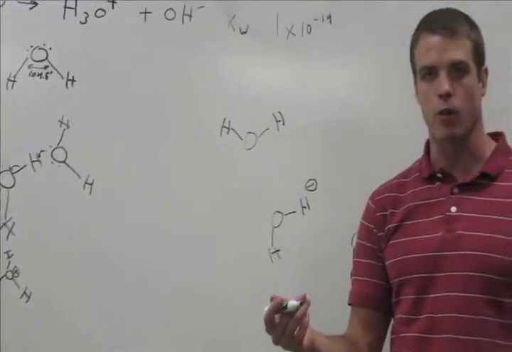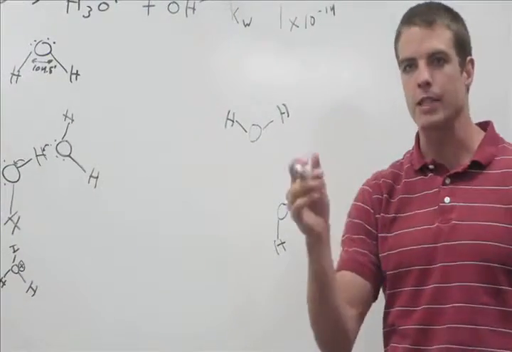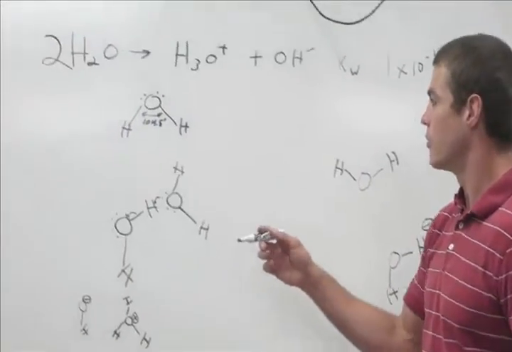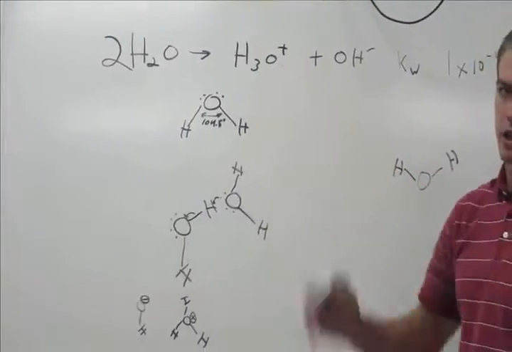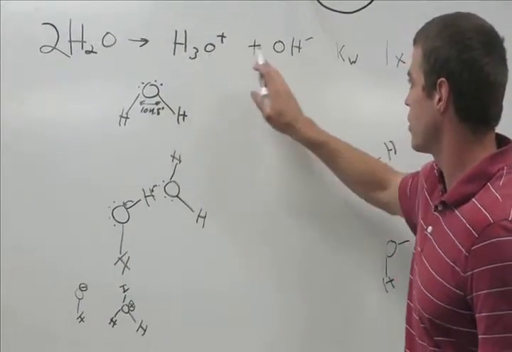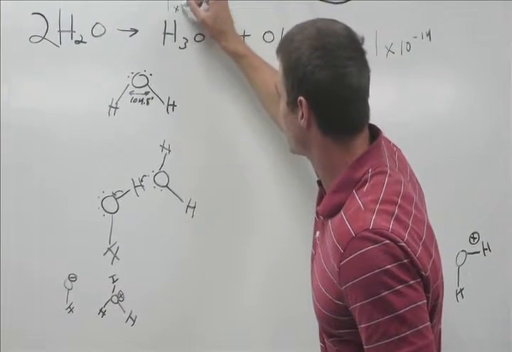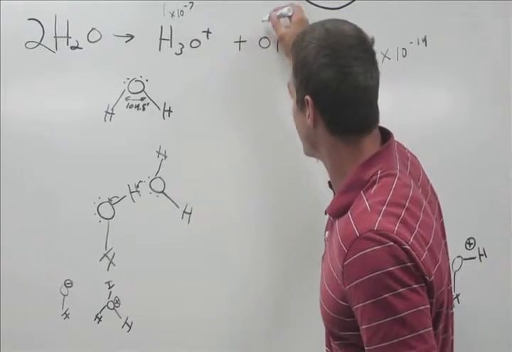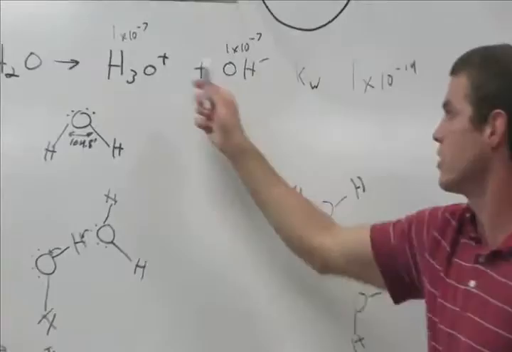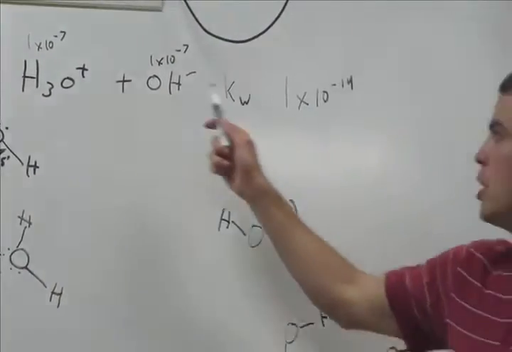pH stands for the potential of hydrogen, but really the P is a symbol which means the negative log of something, and so the negative log of the hydronium ion concentration. So what we see right here, we have these two are always in equilibrium, and in fact this one right here has 1 times 10 to the negative 7, and this one is 1 times 10 to the negative 7 also. Of course, these two multiplied together would give us the 1 times 10 to the negative 14, but these are both